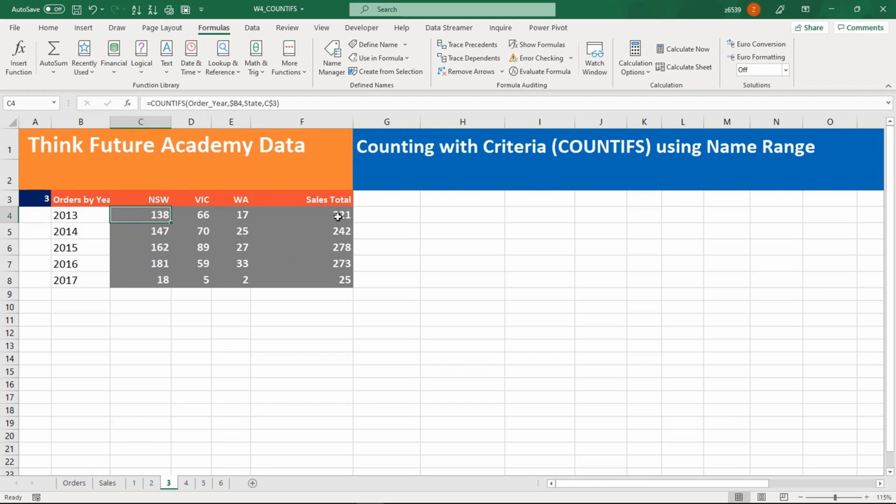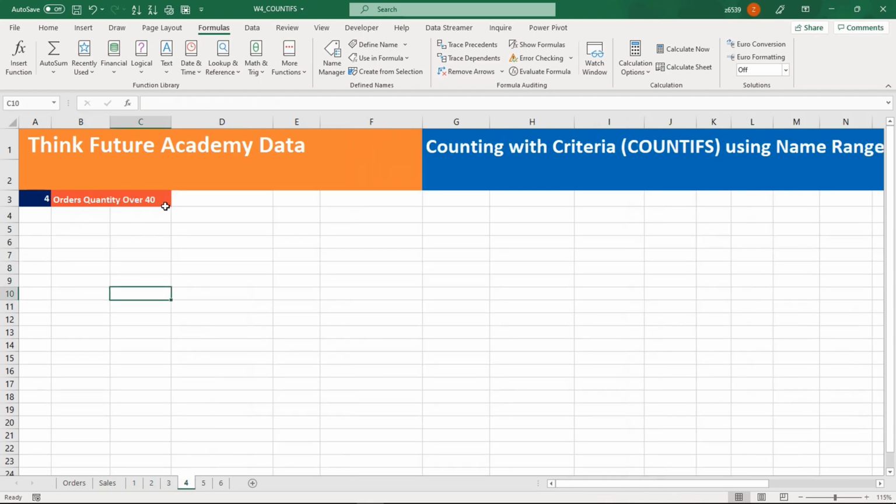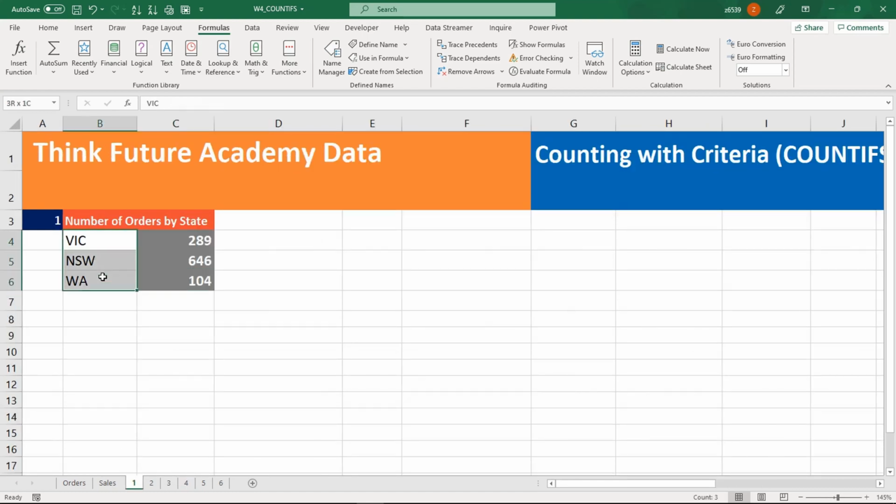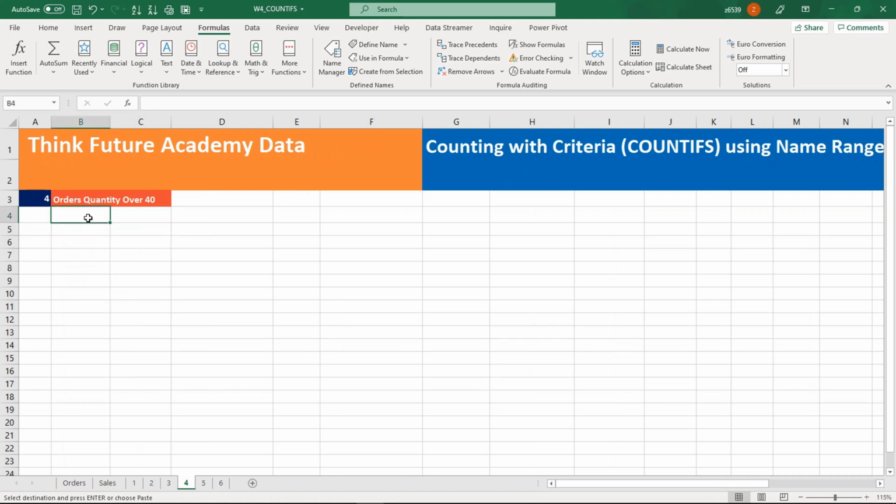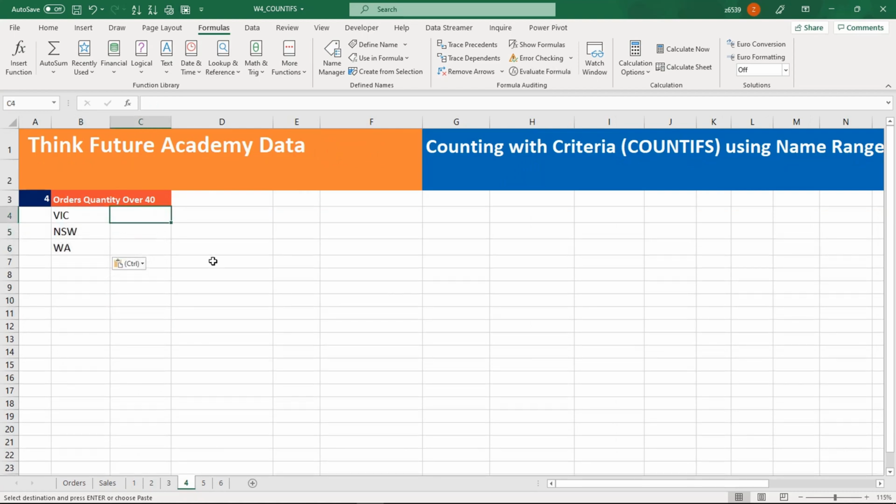So now it is all information, and here I use the sum formula to make the calculation for these three. Number 4, order quantity greater than 40. For example, I will take this information here in column 4, and I will see how it will behave. Equals